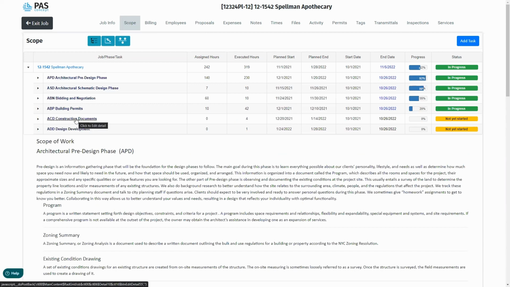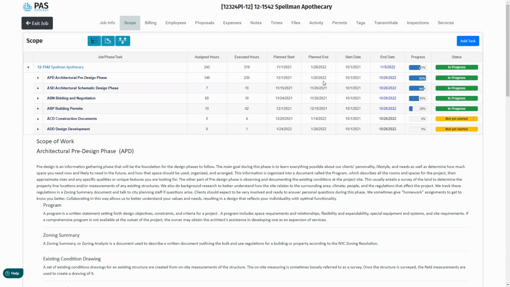The next leg down would be phases. And again, I understand perhaps not all of you utilize phases, and that's okay. That would simply mean you don't have this middle step. You would go from project to tasks directly. But for other companies, it does make sense to have this information in regards to your phases. You can see a lot of information. For example, in this first phase, we can see that while 140 hours were assigned to their employees, in fact, just to get to a 92% completion, they've utilized 230 hours.